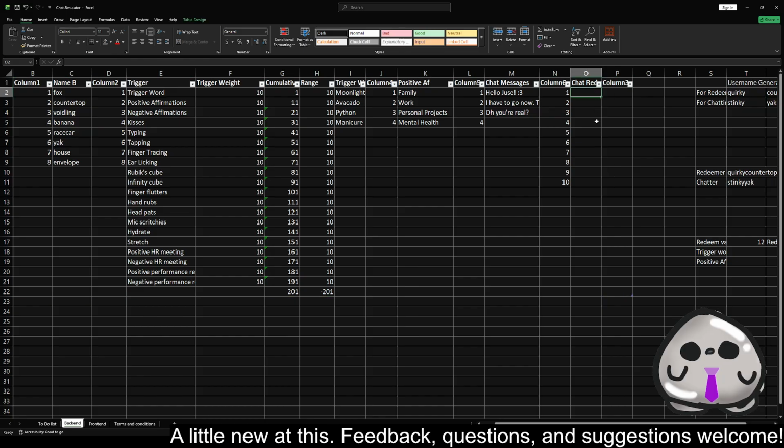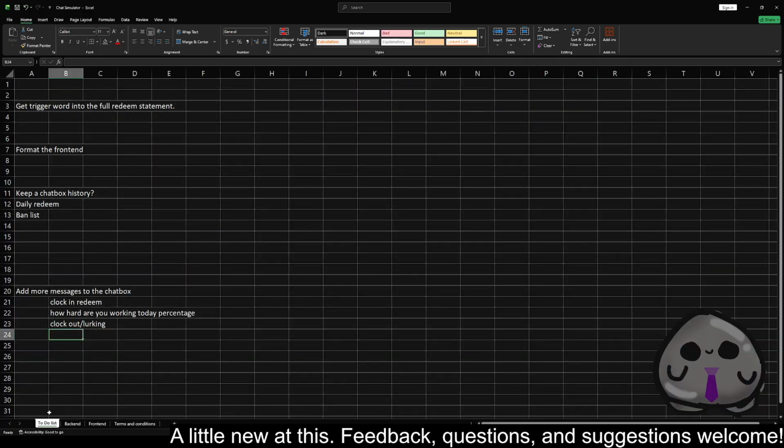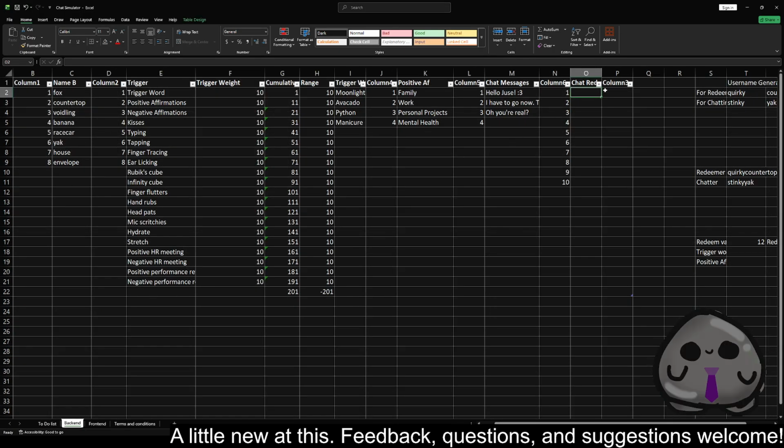And these will basically just be smaller things, redeems that don't require anything on my end. So it'll be, let's see here,